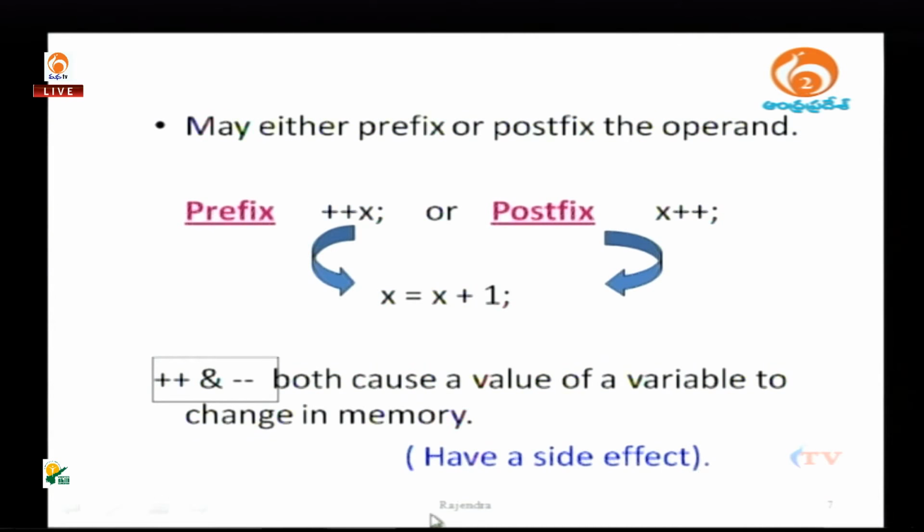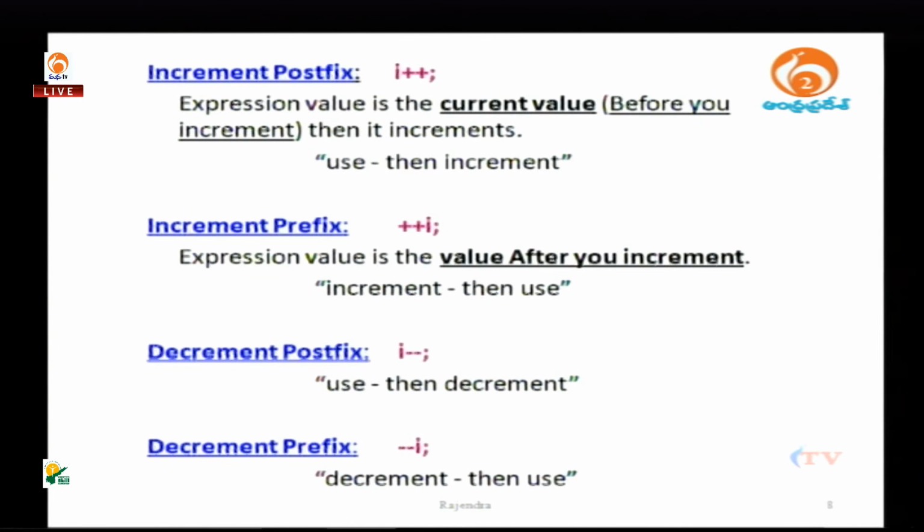It may be prefix or postfix. The value is the same, that is x equal to x plus 1 only. If I am saying plus plus a or a plus plus, the meaning of this one is a equal to a plus 1 only. Increment postfix, this is a postfix operator, that is the expression value is the current value before you increment,